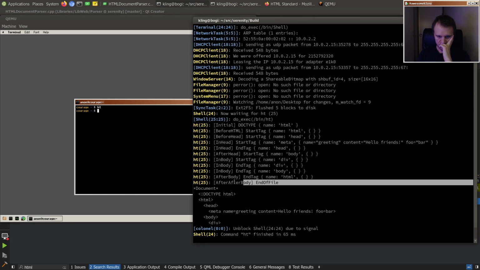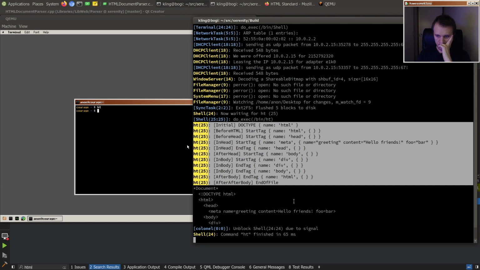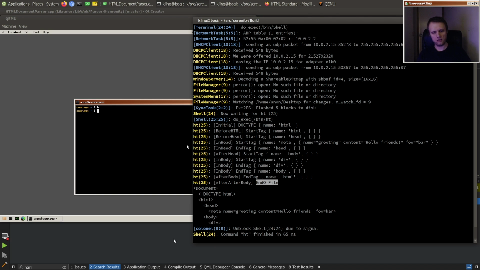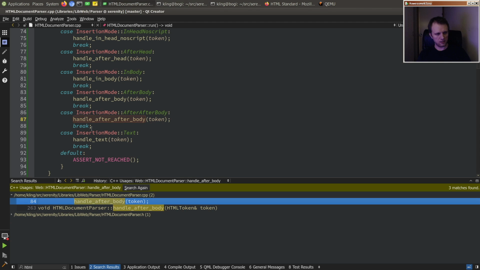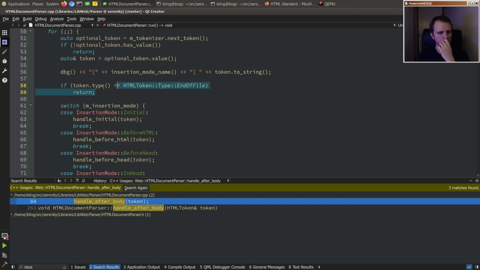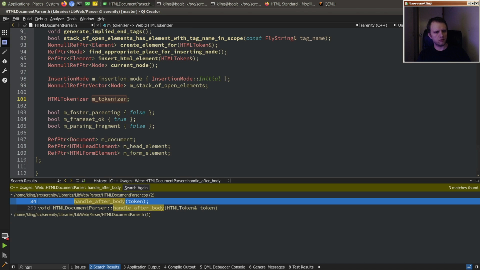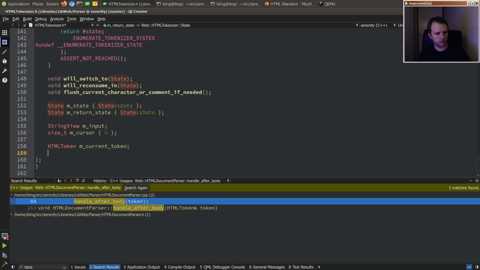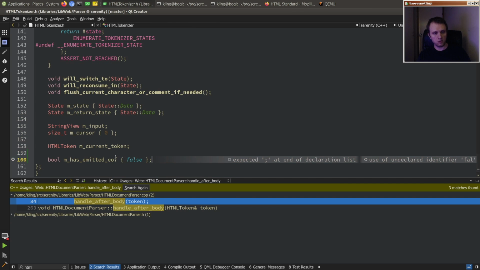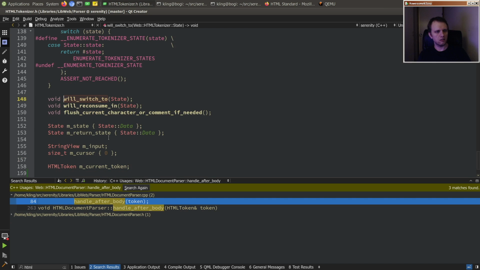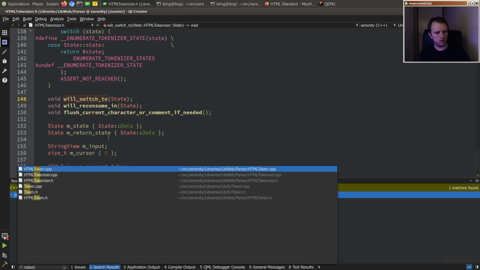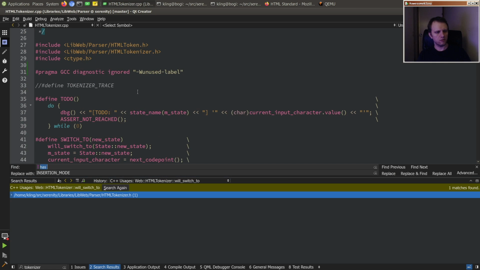And there we are. End of file, although we didn't actually get the statement. Oh, crap. I guess because we do this thing here. Yeah. So what should we do with that? Maybe the tokenizer can remember that it emitted an end of file, and then if it's already done it once, then we can refuse to do it again. Might be a simple approach here. So eof